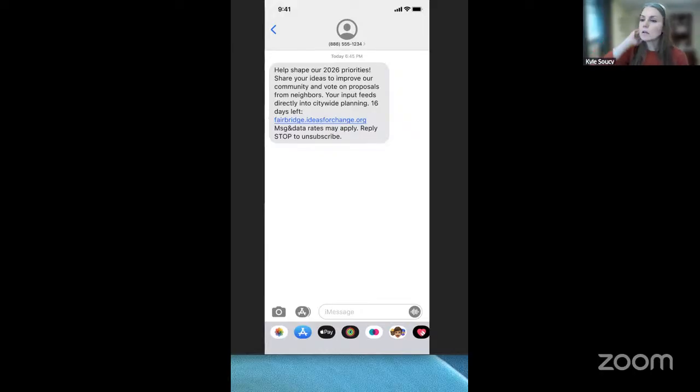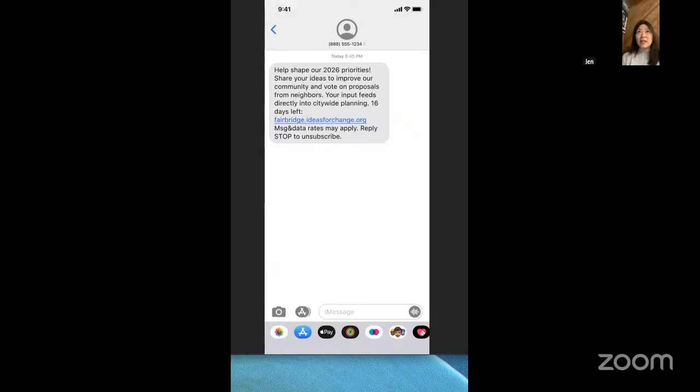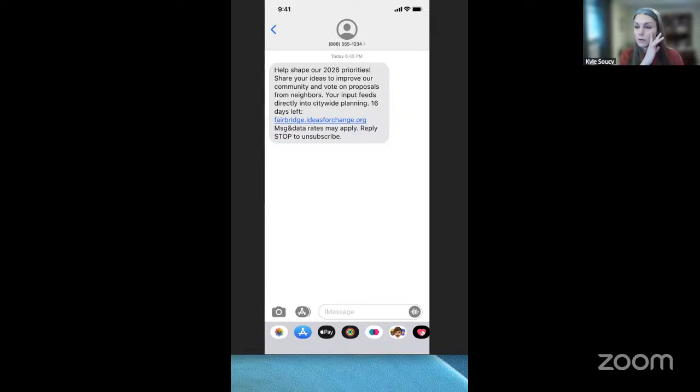But if I was interested, I could see myself trying to Google it separately just to verify if it was a real initiative. And then if I did see that, I would then proceed. Okay, that's super helpful to know. And it does help us out a lot to know that that fear is around it.